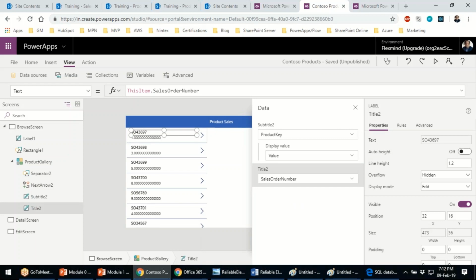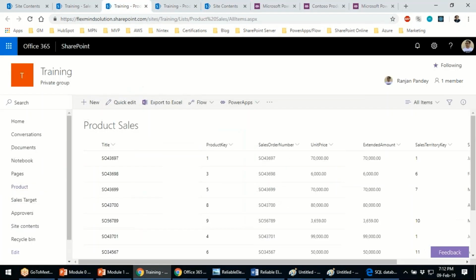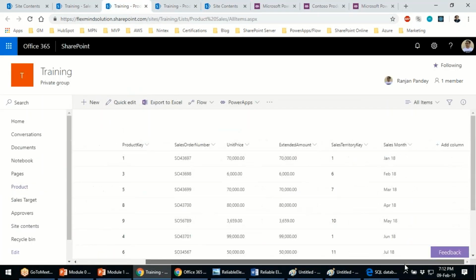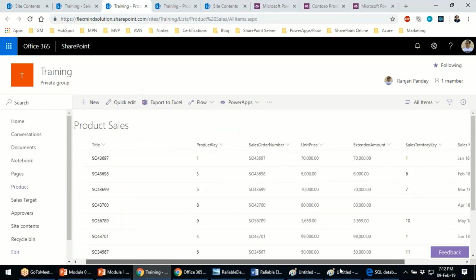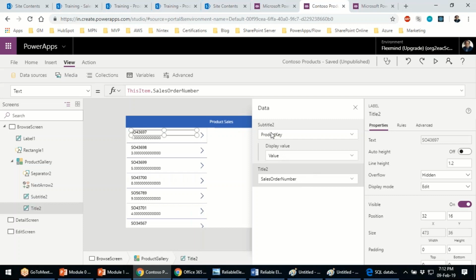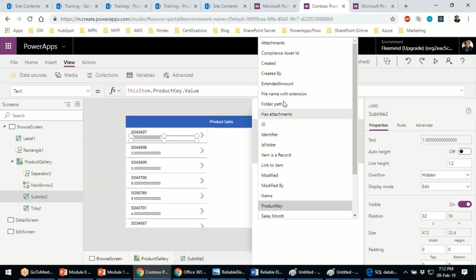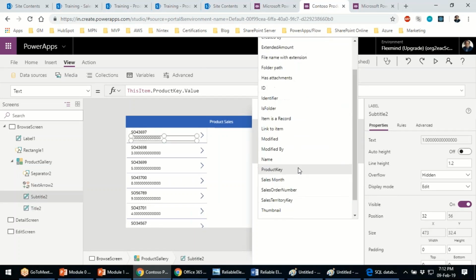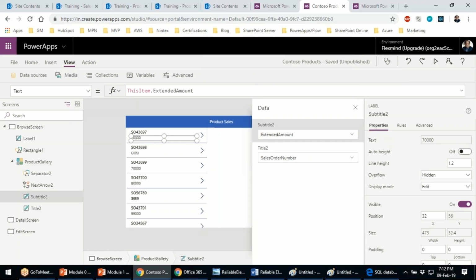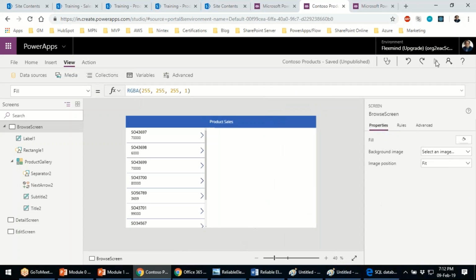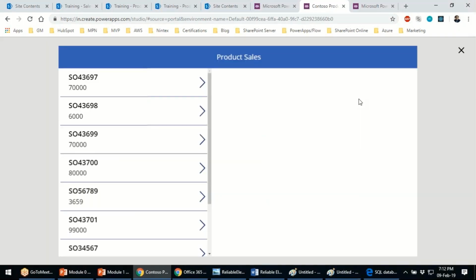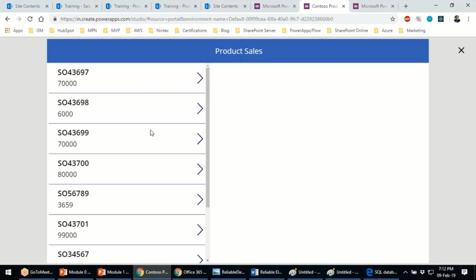This looks better because I want to show sales order number. And then in the next step, I would like to show the extended amount. So I'll change this, and in place of subtitle, I'll select extended amount. So this is my extended amount, and this starts showing up over here. I can run this and then scroll down. As of now, when I click, nothing is going to happen because we have not written any action on